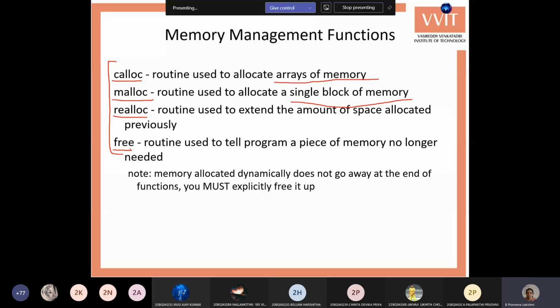It just removes the link between that memory and our pointer variable, so our pointer is not pointing to that particular location. So these are the 4 functions which are required for dynamic memory allocation.